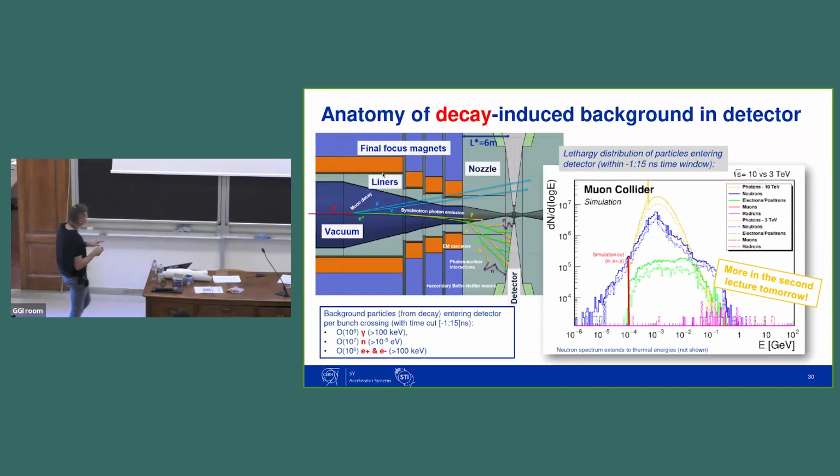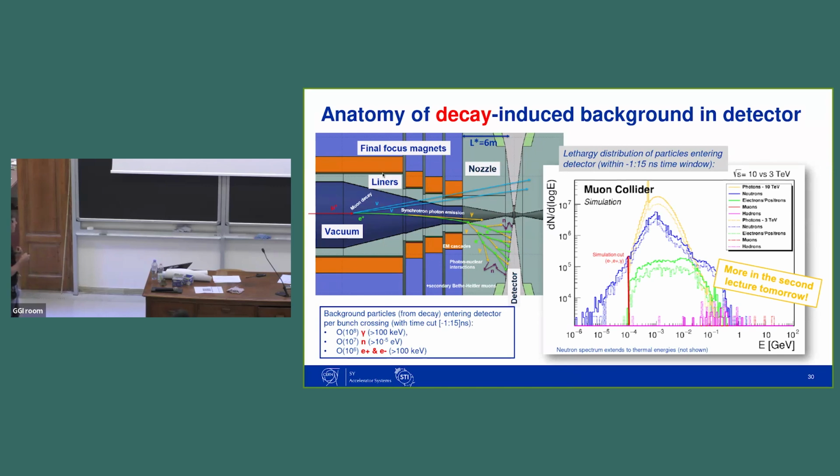Now, this is how a typical background spectrum looks. It's again a lethargy spectrum. You have, for example, a lot of photons. You have a lot of neutrons. The thermal neutrons are partially suppressed because we moderate them and capture them with the borated polyethylene here. And then we also have, of course, secondary hadrons. Sorry, bad statistics here, but which are also reaching up to GeV energies. Sorry, charged hadrons in this case, not only hadrons,